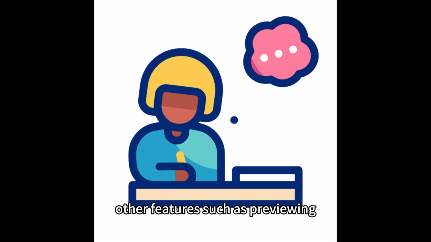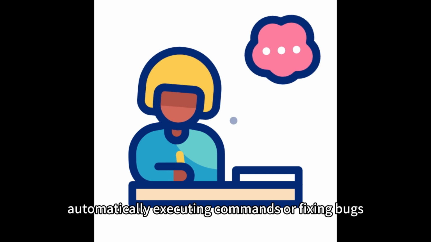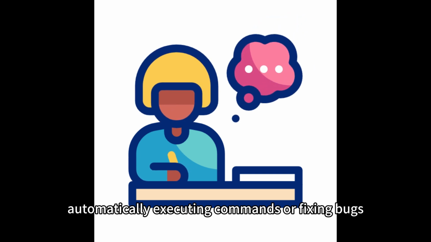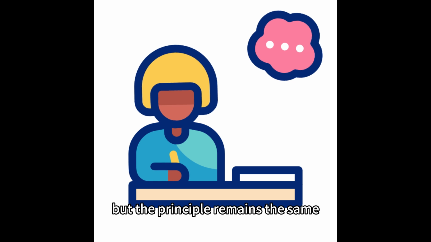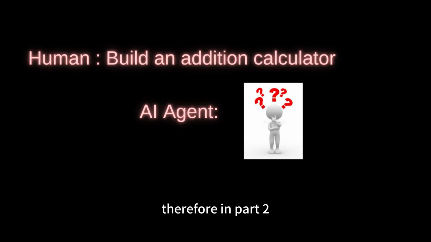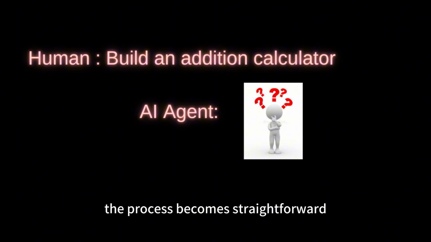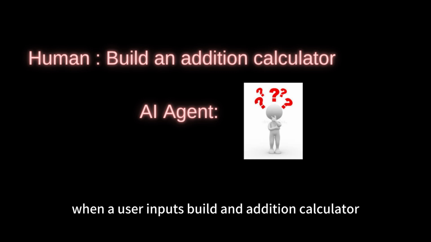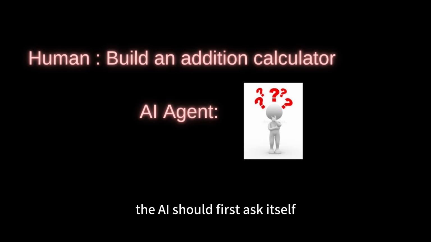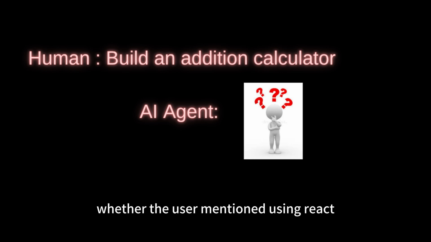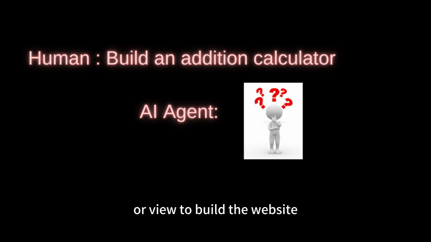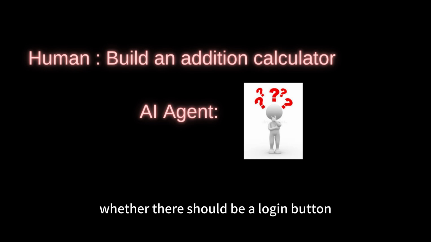Other features, such as previewing, automatically executing commands, or fixing bugs, may be more complex, but the principle remains the same. Therefore, in Part 2, how to build your own AI like Cursor or Claude, the process becomes straightforward. For example, when a user inputs "build an addition calculator," the AI should first ask itself whether the user mentioned using React or Vue to build the website, whether there should be a login button, and whether the background